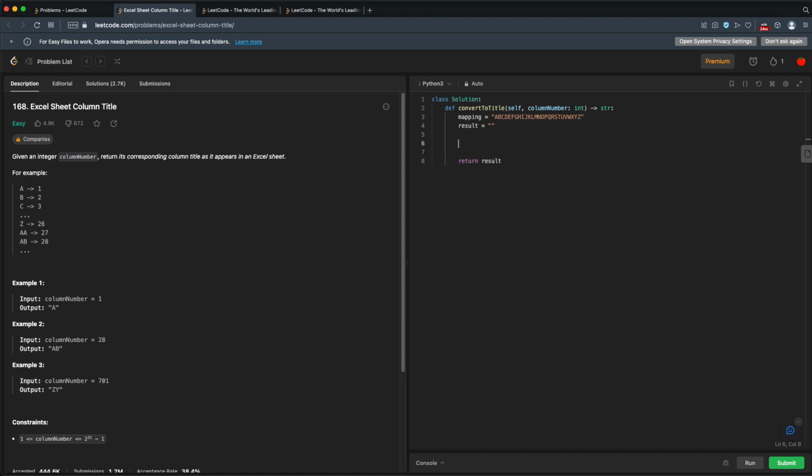Next, we're going to be taking this column number that we're given. We'll be doing a divide by 26 and a modulo 26. The modulo will give us our current letter that we're looking for, or the index into our mapping for the current letter. And the divide will basically give us the next value in which we're looking for letters. All right, now while this column number is greater than 0,